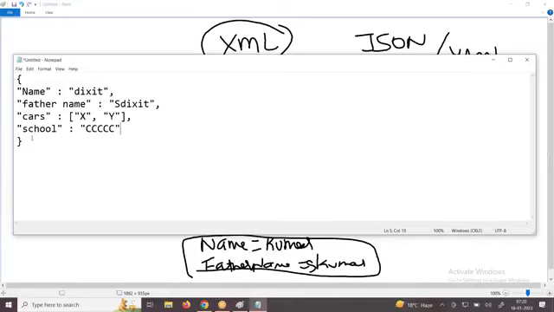Maybe a programmer in Java wants to read the information about all the people. All the people will provide the details like this one. So the computer will read based on the name Dikshit, and the father name. It's a common format. Hope you understood. Anyone has any questions? Online people, did you understand what is meant by a JSON format?